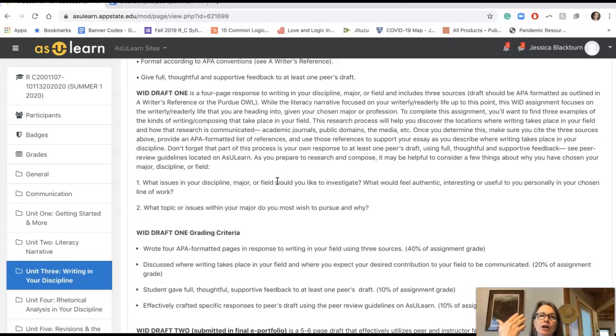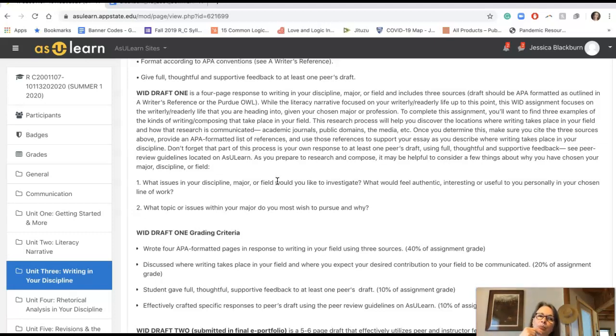Is there a certain field of nursing you want to go into? Is there a certain type of research as a nurse that you want to help with? And so then you would identify what writing looks like in those areas of that profession. So if you want to work on, say, cancer as a nurse, on an oncology ward, what kinds of writing would you be expected to do as a nurse doing that work?